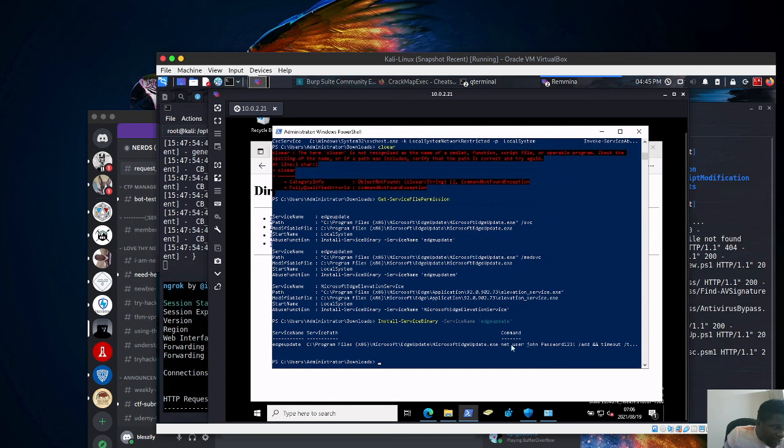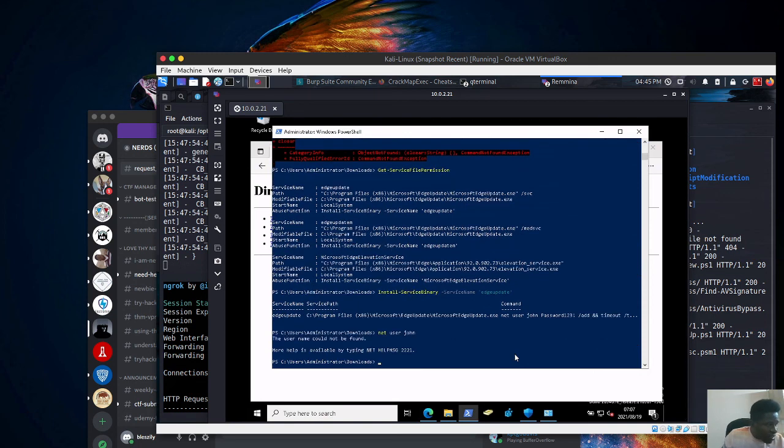It's telling me that it ran a command, net user John, gave the user this password and added the user to this. PowerShell is a crappy thing. It's cutting my command. It added the user to the admin group. So if I run net user John, it's not there yet. So which means